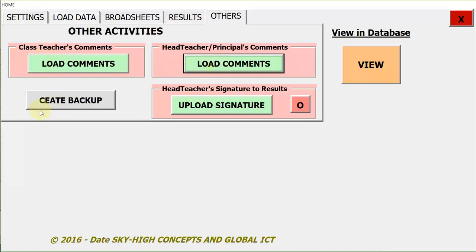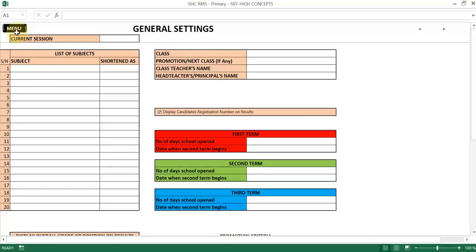Use this button to create a backup for the software. All right, we also have this button to upload a signature. Like I was saying, I would like to generate results with the signature of a teacher on them, but I doubt I have it here as it stands. This button will delete any existing signature on the result,